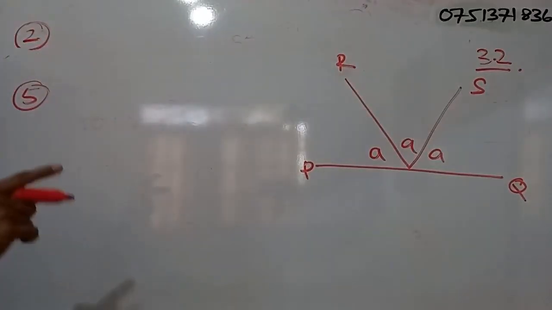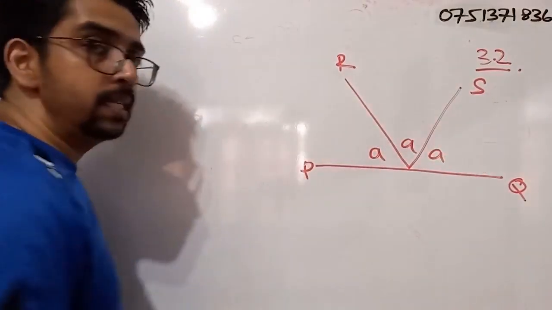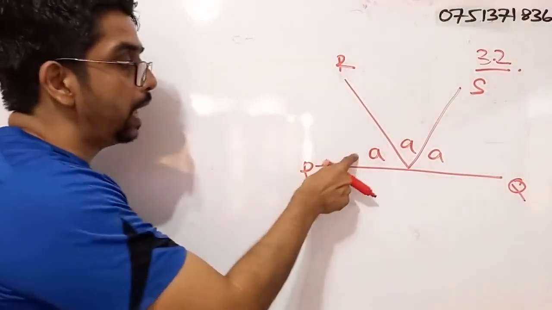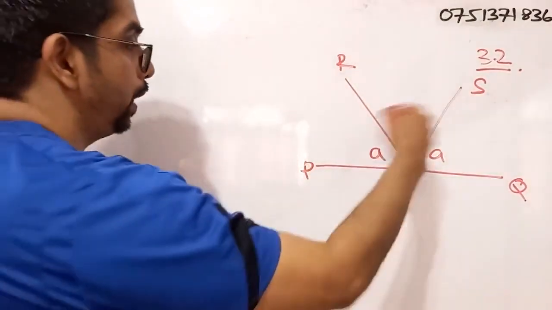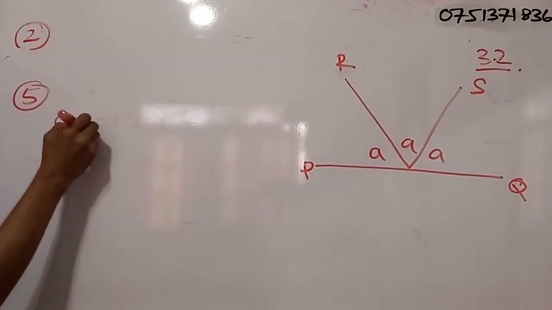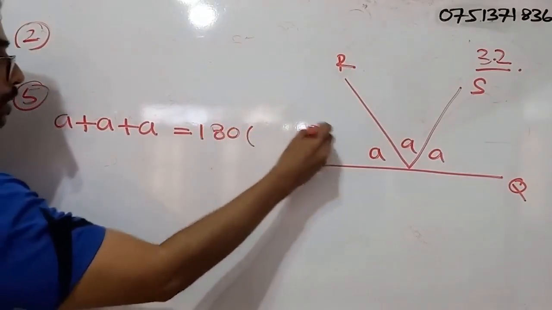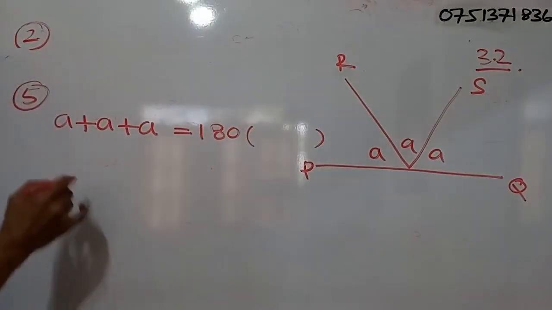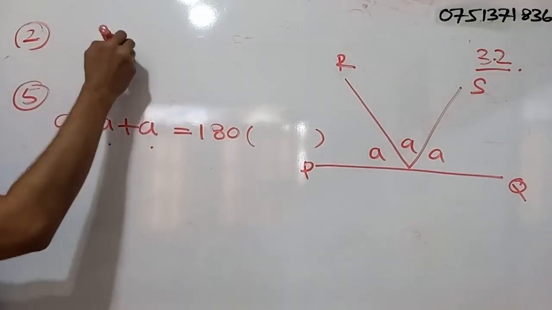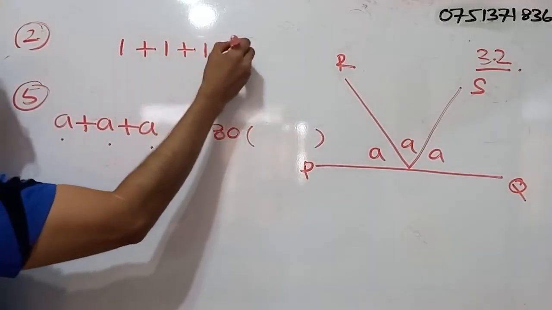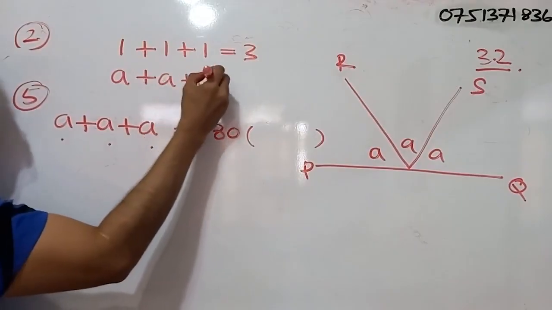Now, in this question, right, all of these three angles are equal. Since they have the same algebraic term, we can write this as what? A plus A. So that is equal to 180. Within brackets, right? PQ is a straight line. Now, these are what? Like terms. If we take 1 plus 1 plus 1, we know that is 3. In the same manner, A plus A plus A, that is